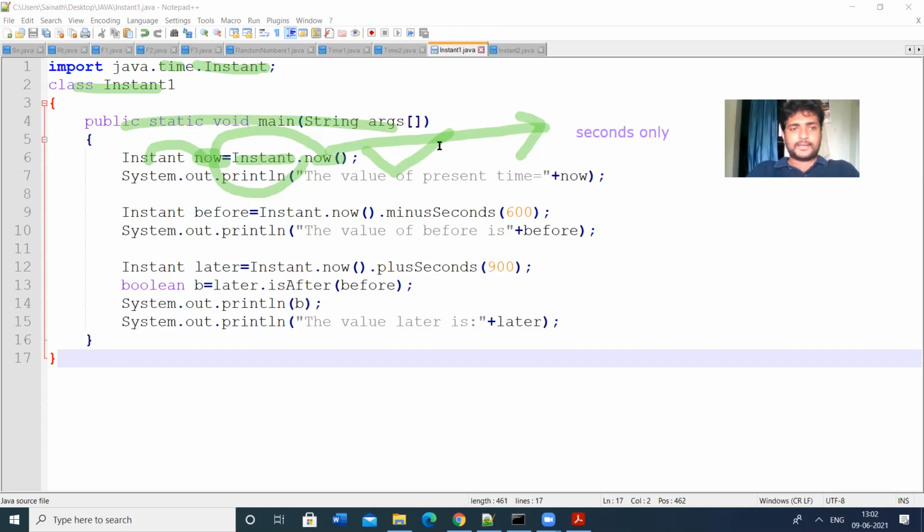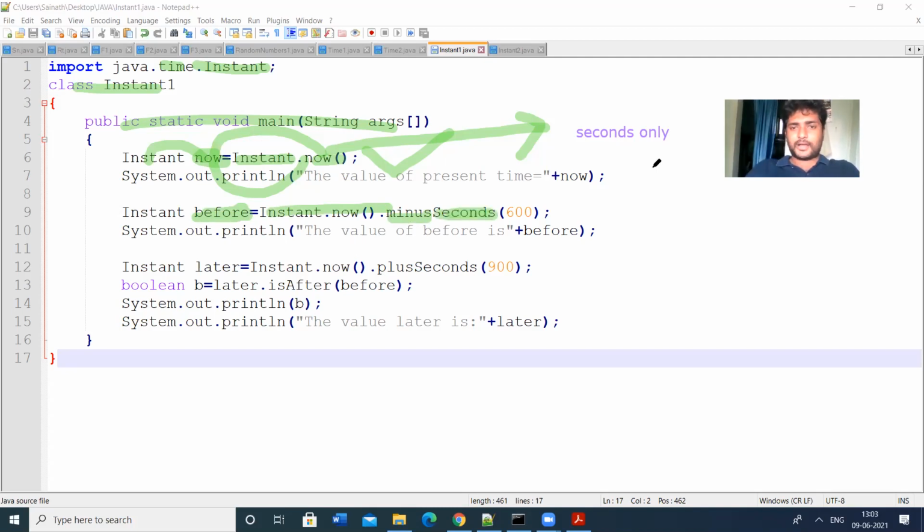Then I am displaying that. Then I am creating another object, before, of type Instant. So Instant.now. I am using the minus prefix method. So minus, plus we have seen until. So minus seconds.